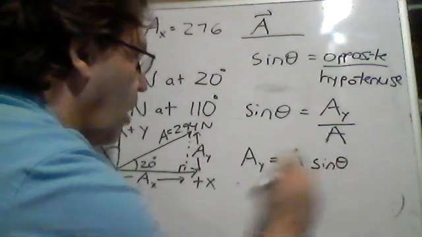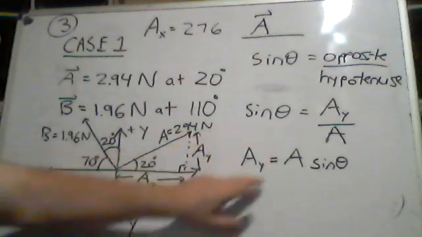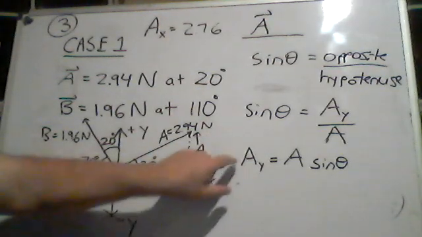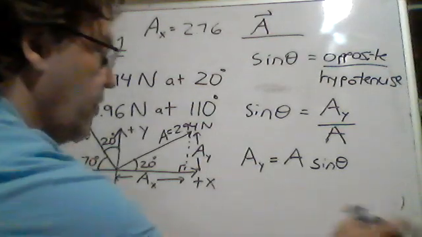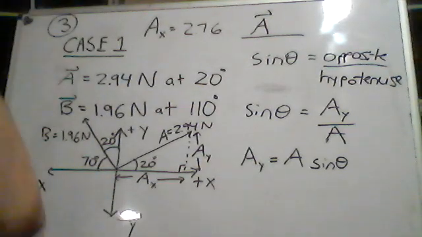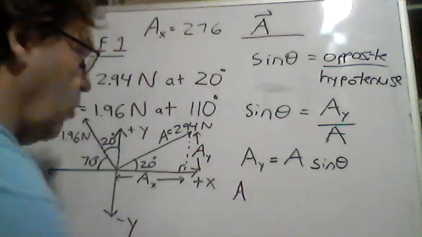Remember, this little y here is nothing but a decoration. It is a subscript. It says that this is the variable in and of itself. This is just a sub y. It's the part of a that's in a y component. Okay, so it's not a separate variable. It's really a decoration. All right, so working it out, a sub y